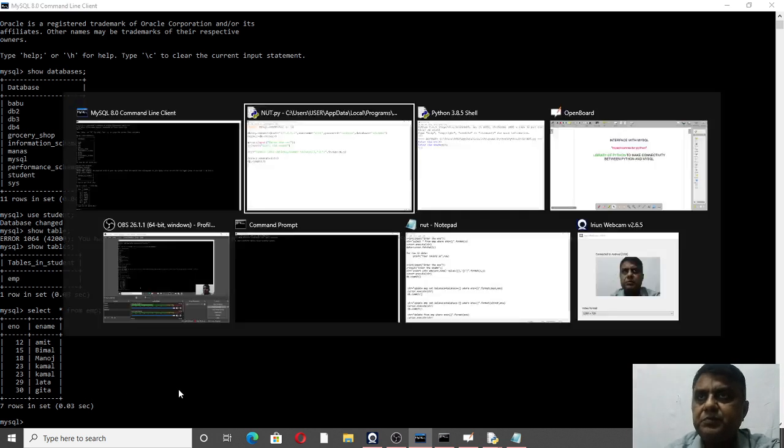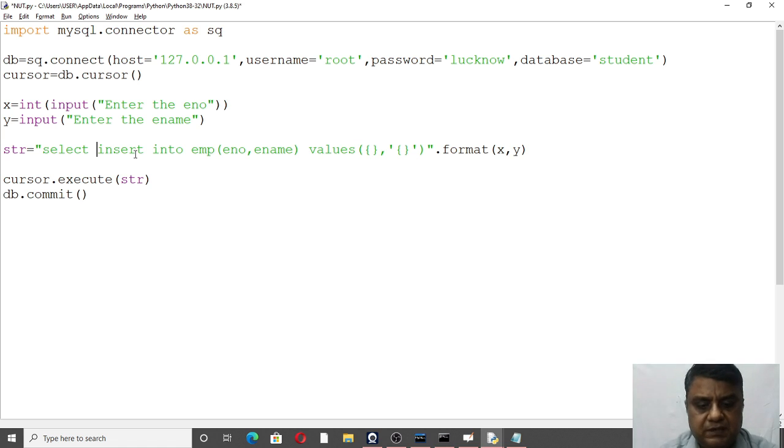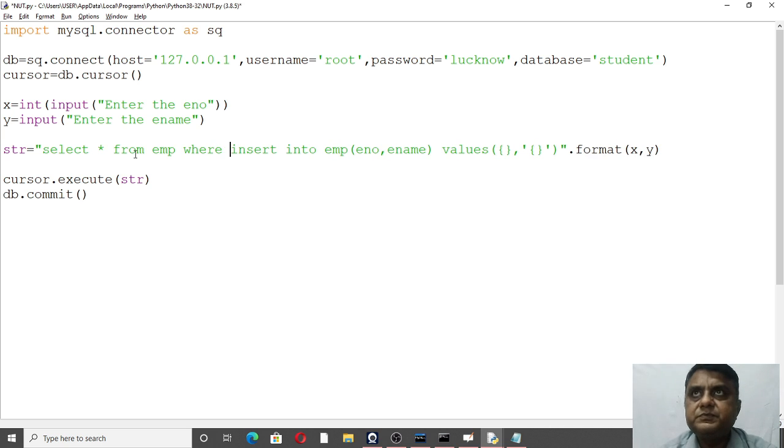Okay, students, is it clear to everyone? Now you can see the entire record, or you can get a particular record from this database also. How do we perform this activity? Just change the query. The query will be like select star from the table EMP where employee number equals this.